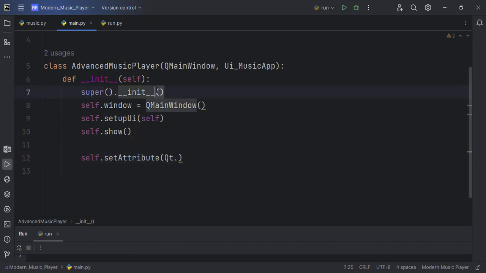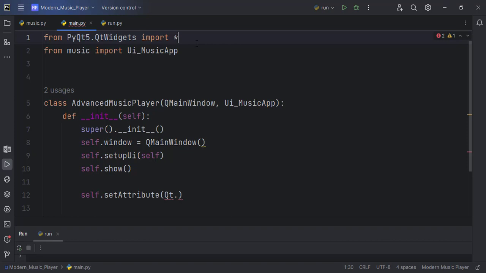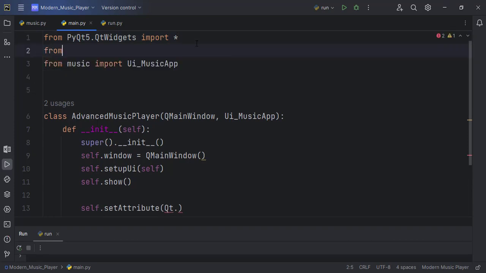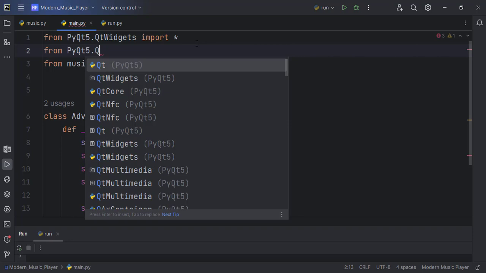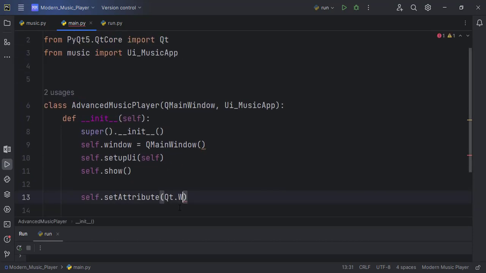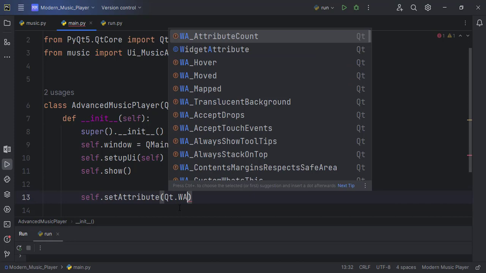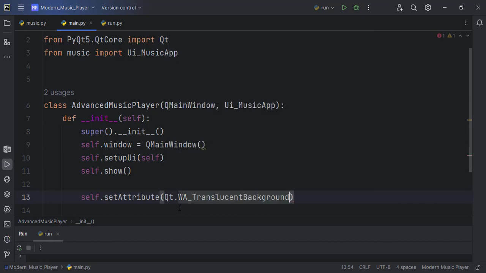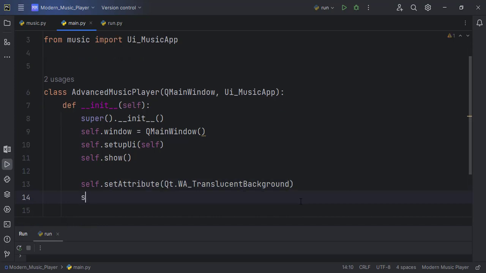Okay, Qt is not imported, so let's just import Qt from PyQt5.QtCore. We want to import Qt. Okay. So this one will give us a translucent background, but we need one more line of code to